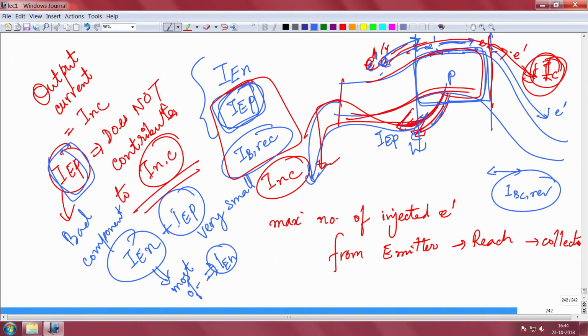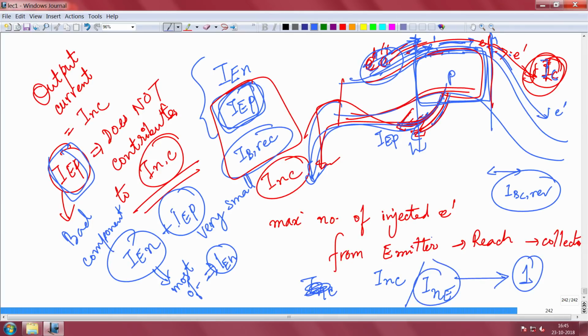That is the first condition I want, otherwise this is waste, this is not coming out through the collector. And also I want the collector current to be such that some of the electrons have recombined here, some of them have reached, and whatever has reached is contributing to the collector current. So I want this ratio, the collector current that I am getting here divided by the emitter current that I am putting in, not the total emitter current, but the emitter current because of electrons, this electron emitter current, to be as close to 1 as possible.